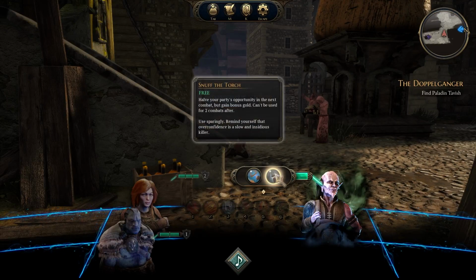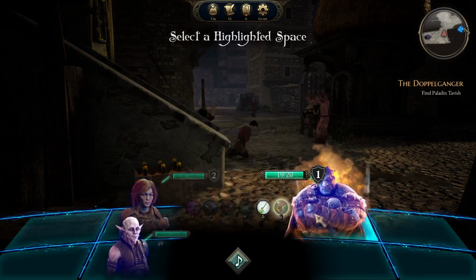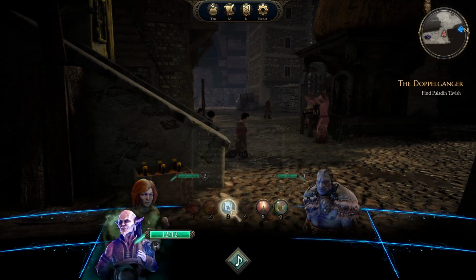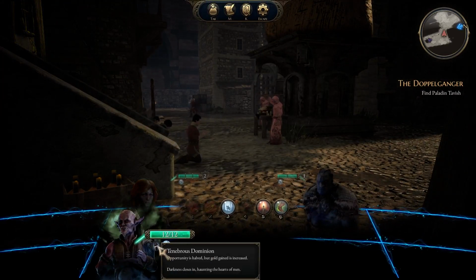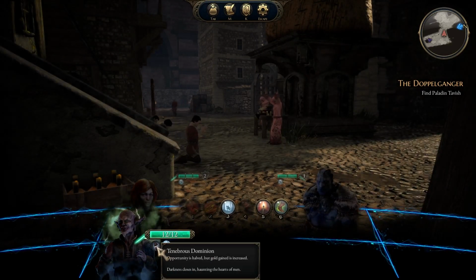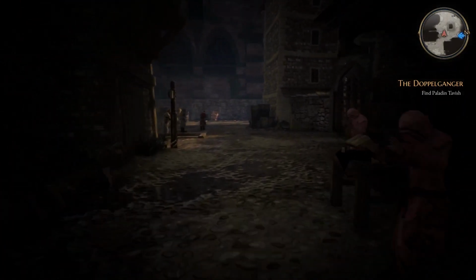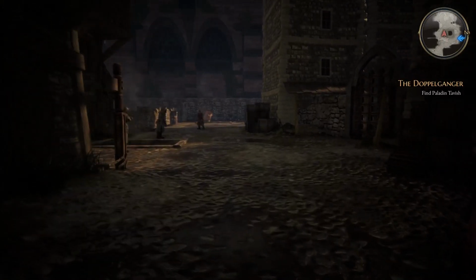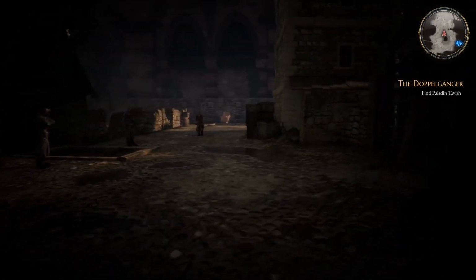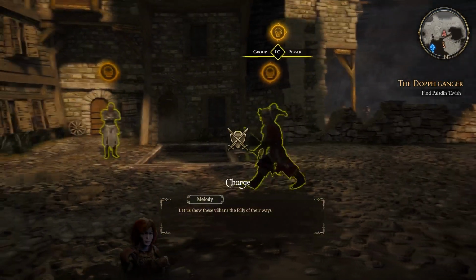We're going to go ahead and use this over on these other guys. I am fairly confident in our strength. Just squeeze by. We'll use stealth, so you can see Tenebrous Dominion. Opportunity is halved, but gold gained is increased. And I'm going to use that on the archer as well. Away I go. I mean, I'm going to attack the archer. Let us show these villains the folly of their...